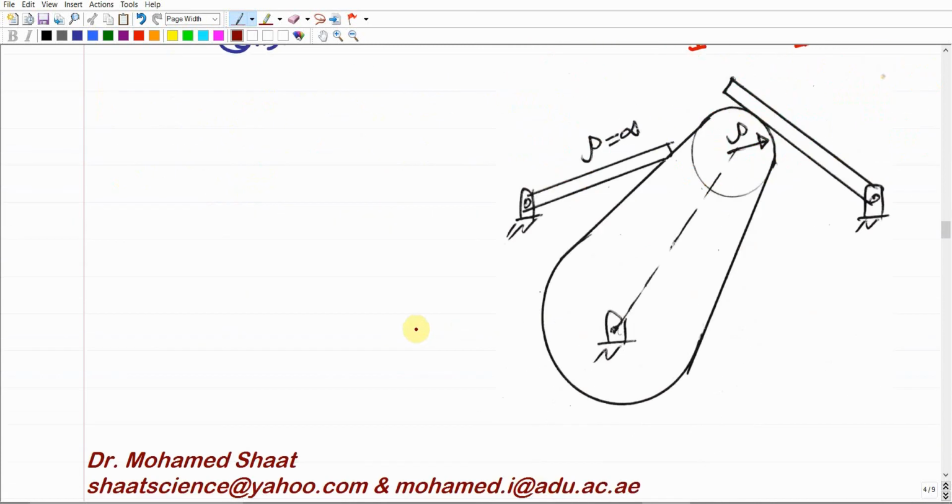Make sense? There is another example here of this mechanism, but as I mentioned, this is like two problems, not just one problem. It means that we do have two followers here. But basically, you will be given one cam and one follower. Even if you are given this mechanism, you have to deal with it like two separate problems. For example, if we consider this follower on the top, the first follower, and the cam itself,